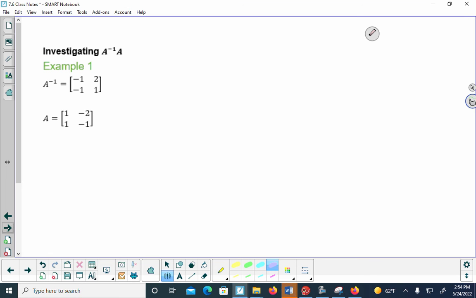All right, so let's do some. I have this A to the negative 1, the inverse, which is negative 1, 2, negative 1, 1, and the original matrix A is 1, negative 2, 1, negative 1. I want to show that they truly are, in fact, inverses of each other. I'm going to multiply them. So I'm going to take A